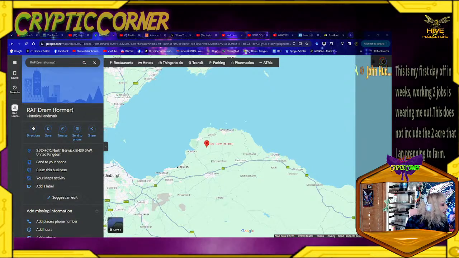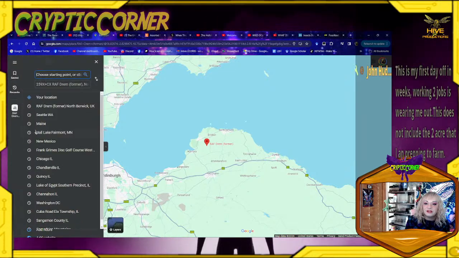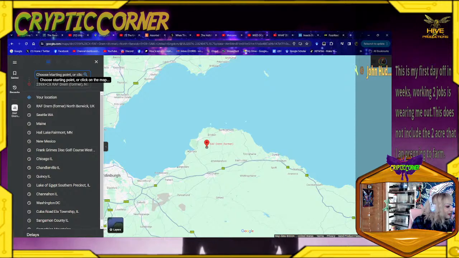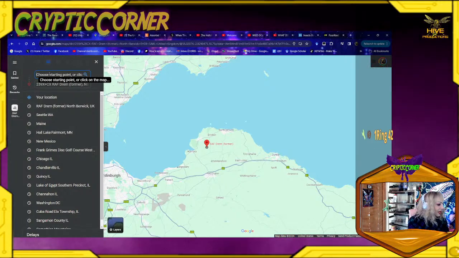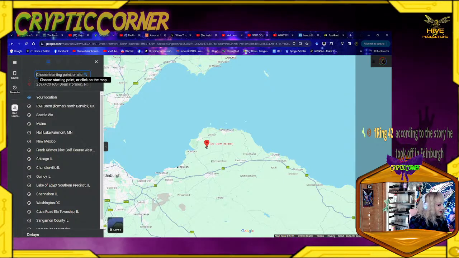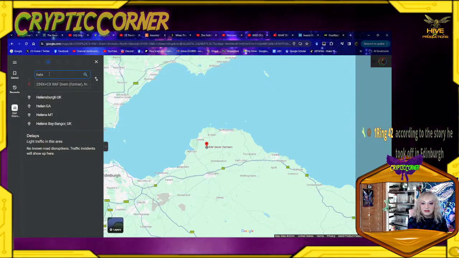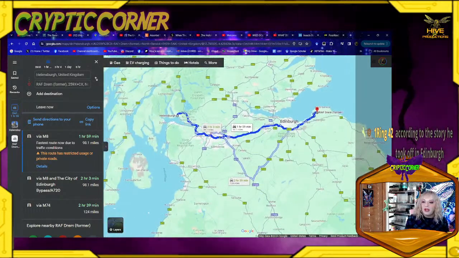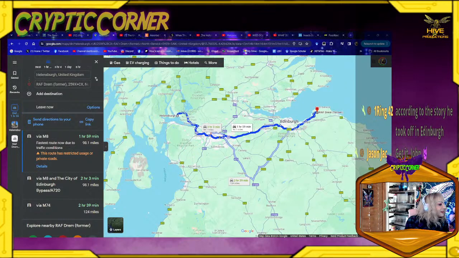First airfield, Lanark, maybe? Let's see, directions. And we're gonna do Helensburgh, because that one's... Just seeing, oh, that's way on the other side of the country. Yeah, that's not gonna be it. Let's see, and we can look at